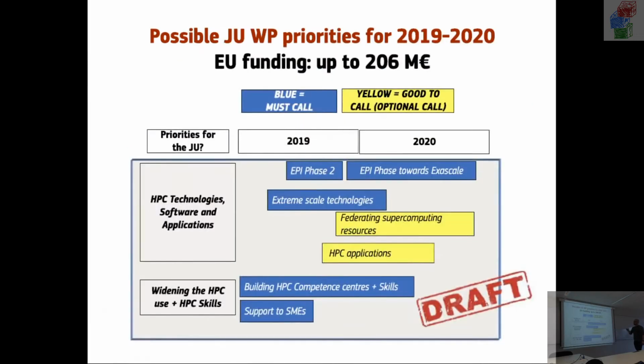Oh, this is something else that shouldn't be there. So the next couple of slides are actually from the Commission themselves, right? It's from a presentation they gave just before Christmas, which gives you a picture of the timing of things and what kind of things are going to be covered in the next couple of years. There are a couple of different colors here. There are the blue colors, which are things that they say will definitely happen, but take note of the big draft in the corner here. Things change quite frequently. Like, the amounts of money that you hear about, they tend to change.